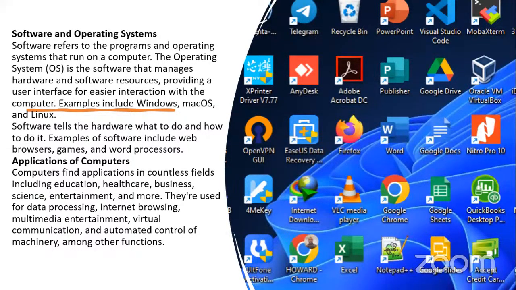For example, software includes web-based applications, games and word processing. When you're playing a game, when you initiate something, for example, I try to open any of these applications. As I double click, the software will communicate to the hardware that there's a message: please open this Word document.